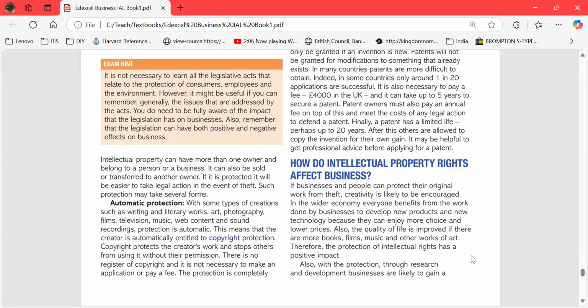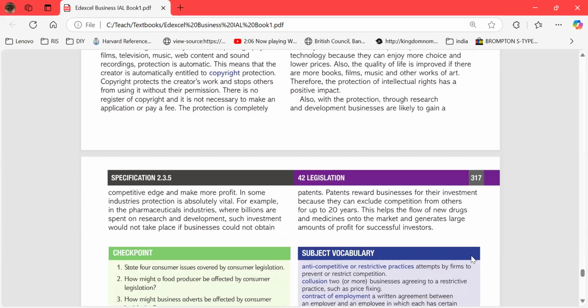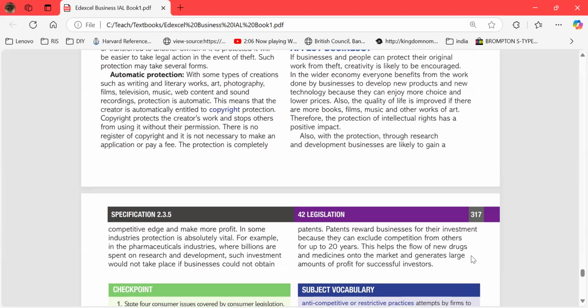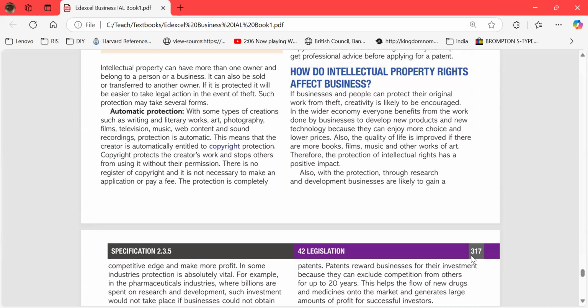So how does it affect the business? The business cost may rise, but the good thing is the business will be protected. The business that has this patent or copyright will be safeguarded from other businesses who are copying them, right? So it's all around us. Good ideas are hard to keep unique for a long time. Other competitors will definitely try to copy you. So for a particular period of time, it's there to help.